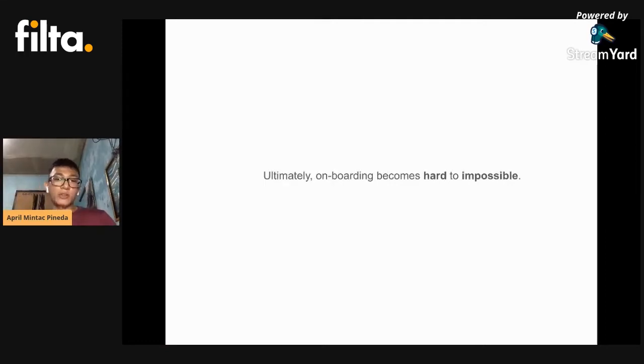And ultimately, the ultimate cost of this problem is the onboarding. It becomes hard, even impossible, to onboard newly hired developers to maintain the product and the code base that you have. Because again, they will need to go through the code, read it, and understand it. But spaghettified code by its nature is very hard to understand, even impossible to understand, because its structure is just vague and not clear. So onboarding becomes so hard.